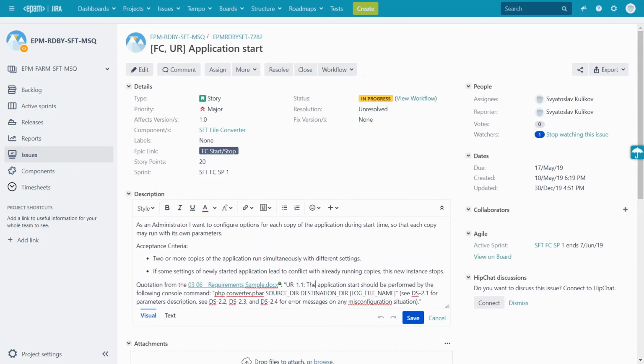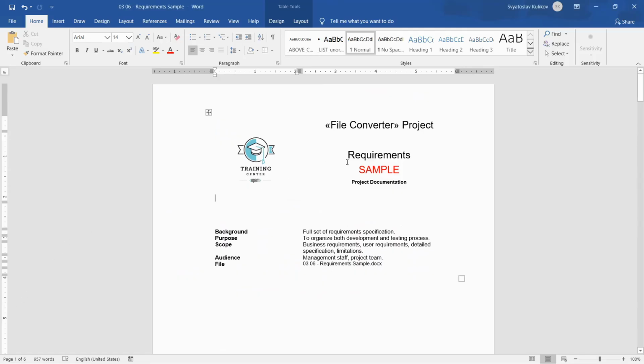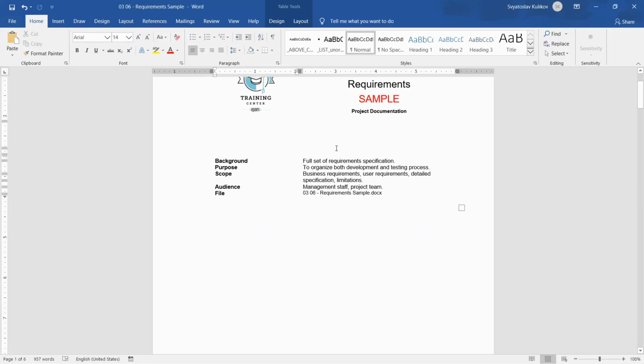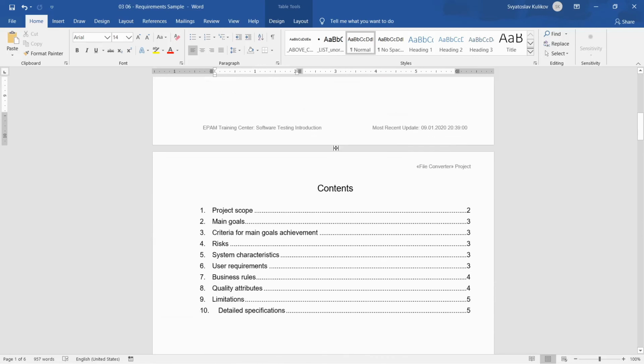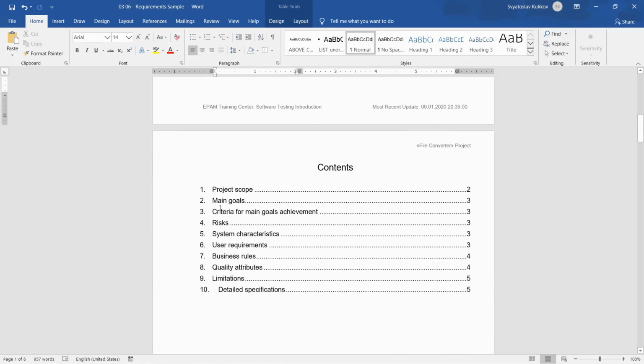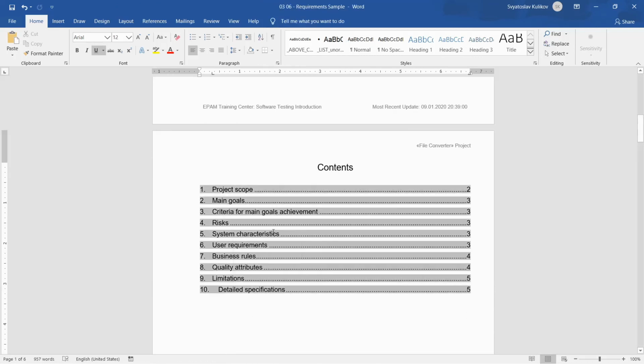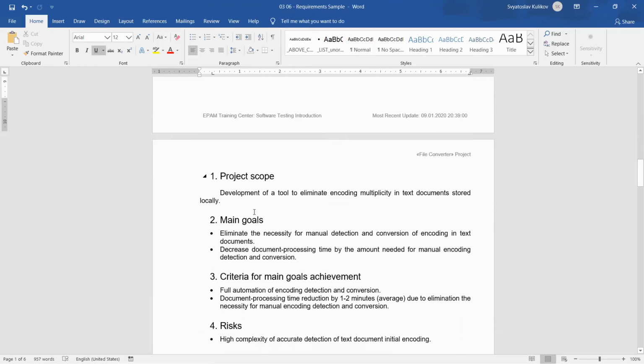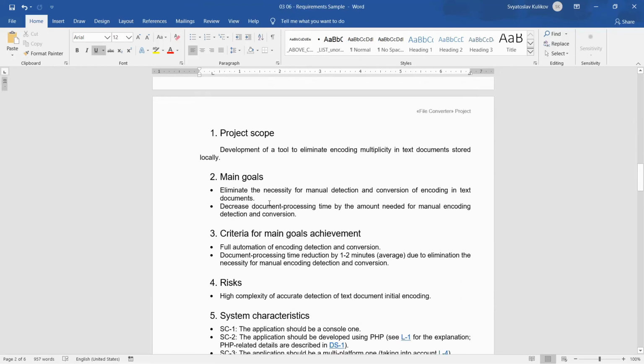And we may even use such an old-school, old-style approach as Microsoft Word documents or PDF documents. That's the same documentation you've already seen. The same table of contents, the same text here. I'll scroll it down with pauses.